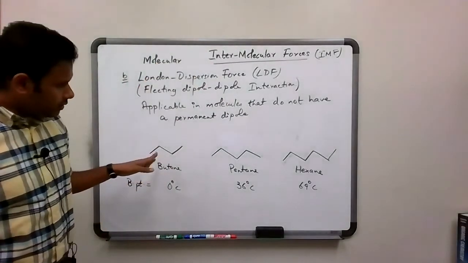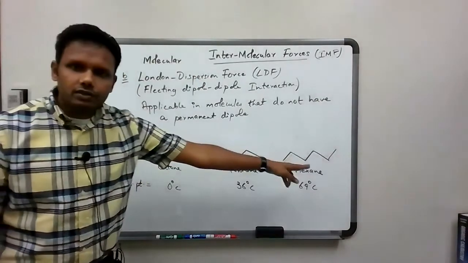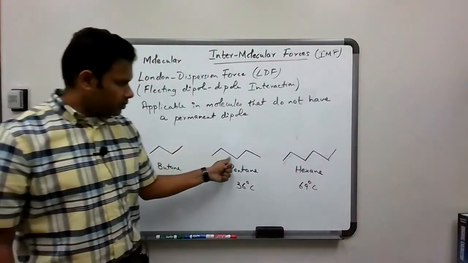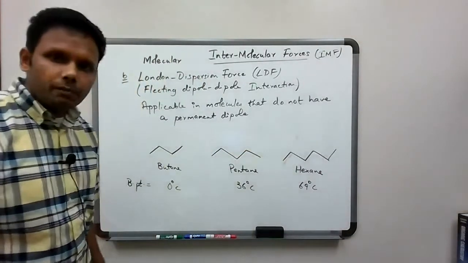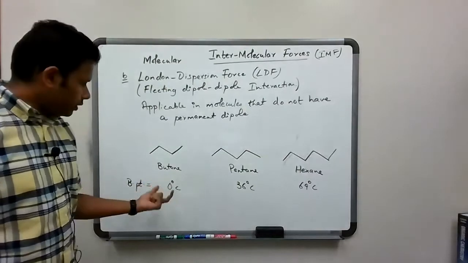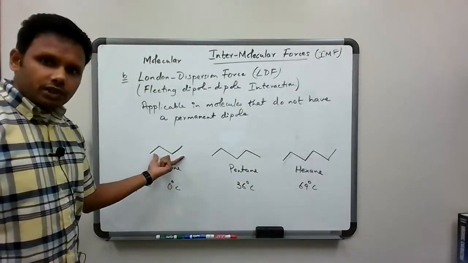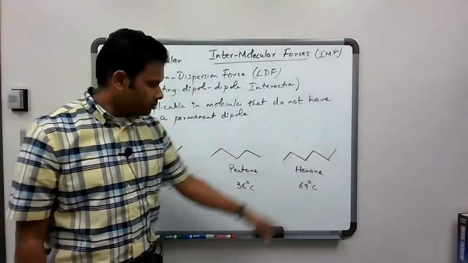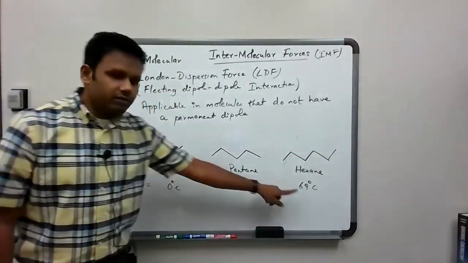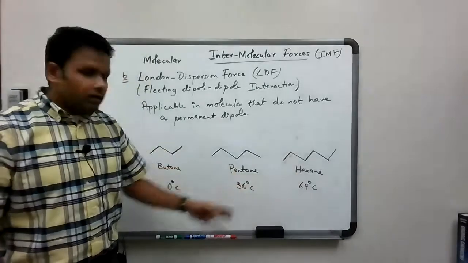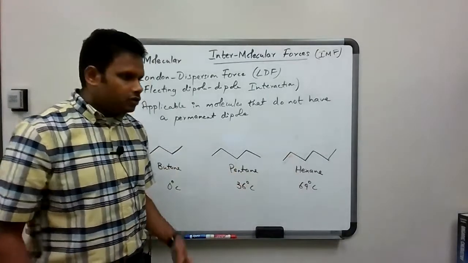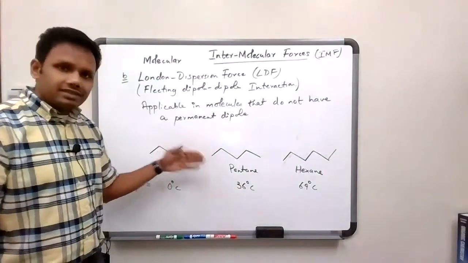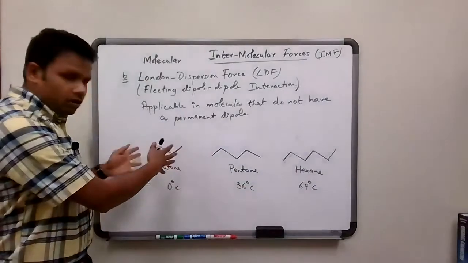So if you look at these molecules, they're all carbon chains, but one molecule with 4 carbons in the chain, 5 carbons in the chain, and 6 carbons in the chain. But what you notice is in going from the molecule with 4 carbons in a chain to the molecule with 6 carbons in a chain, that means 2 additional carbons, you've increased the boiling point by about 70 degrees. Okay, that's a lot. And so why does it happen? What sort of intermolecular forces exist between these molecules?